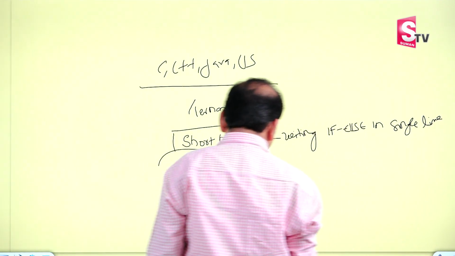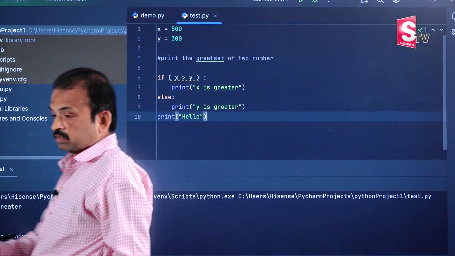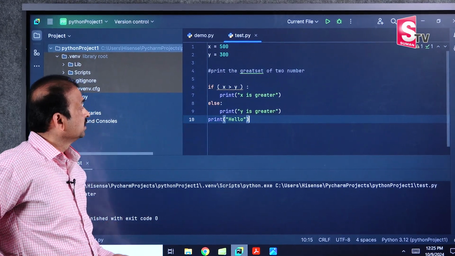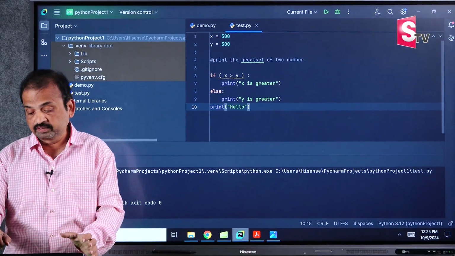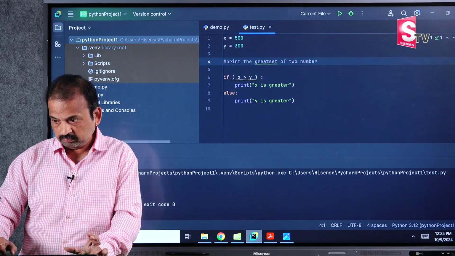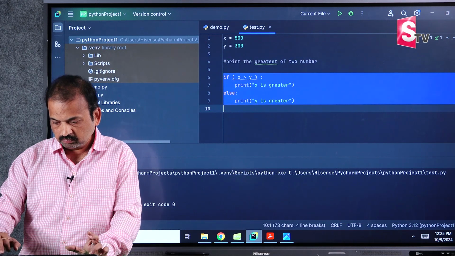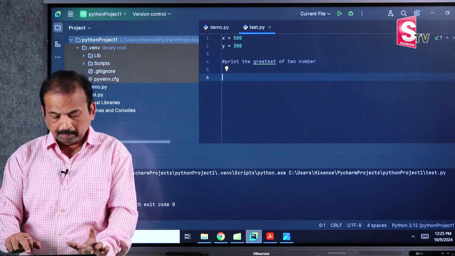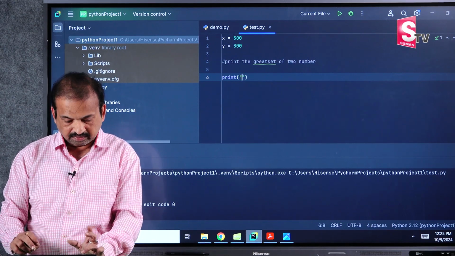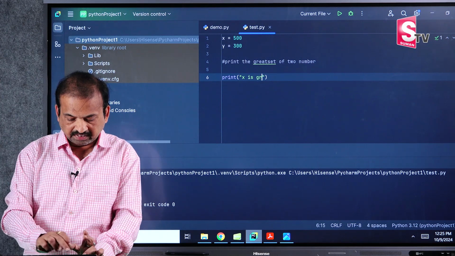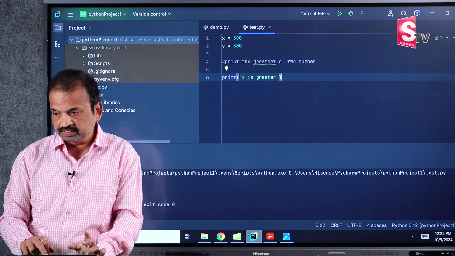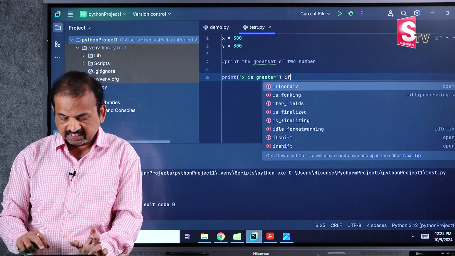Okay, right. Now we'll see this example. So what I do, instead of writing this line number 6, line number 7, line number 8, line number 9, I will write in a single line. It is called shorthand if. Print x is greater, okay. Now I'll add condition here. When this statement should execute, when x is greater than y,